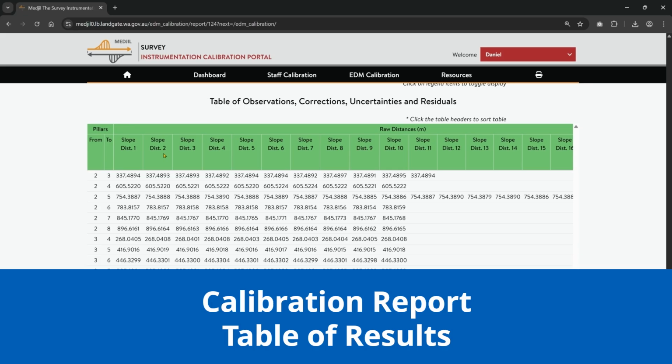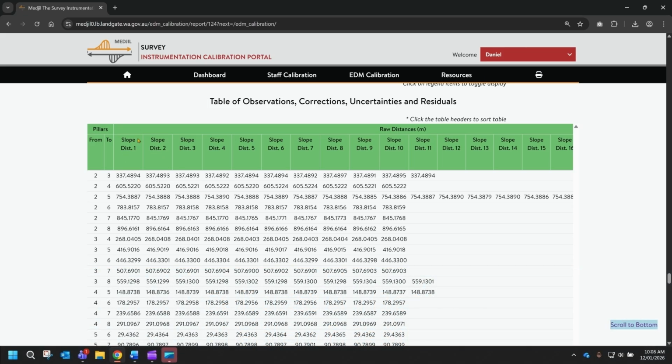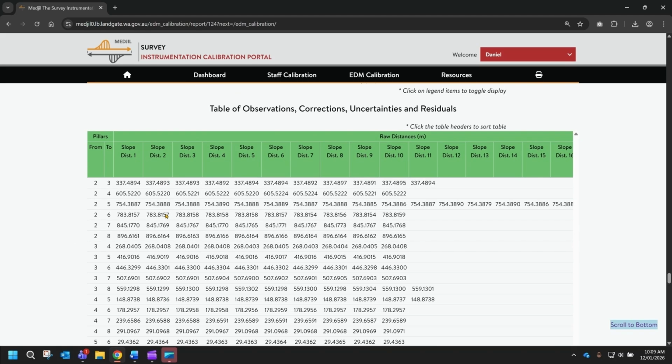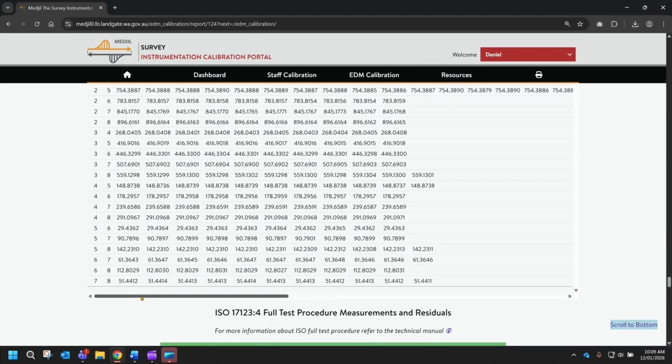Next, we have the table of observations, corrections, uncertainties, and residuals. I pulled data from this earlier in the video. This is a very helpful table. It has a lot of information. It basically has everything in it. This table doesn't print very well, but what it is good for is that you can actually just select the whole table and put it into Excel if you want to dig a little deeper into what's happening with your data. So if we scroll over,